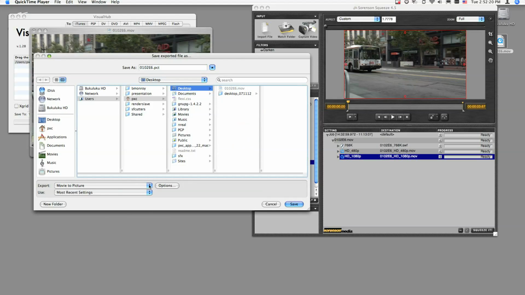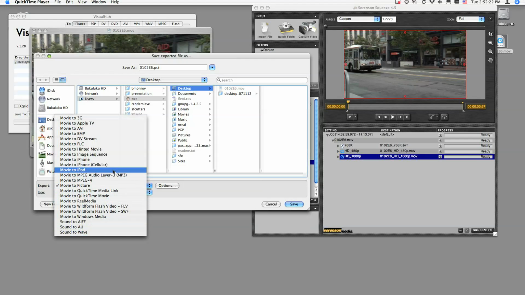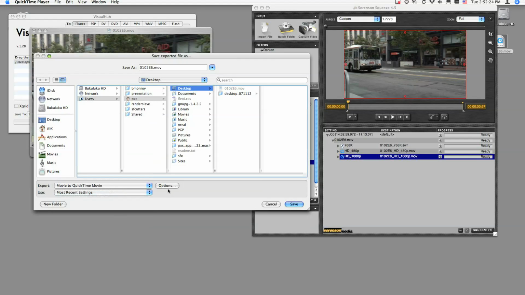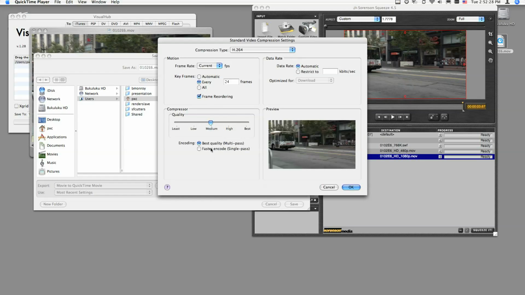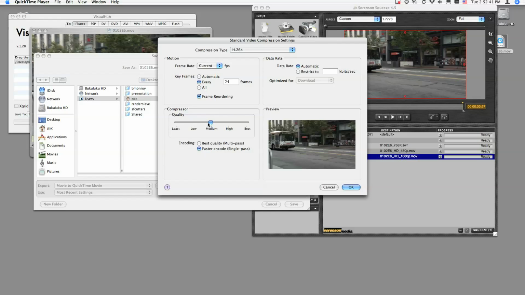Yeah. And so if we go in here and we look at this QuickTime movie here, a lot of what we're doing, having the best quality, which is what it's naturally set at, is going to take forever. Right. So if I'm doing production work, I almost go a faster encode. Interesting. It's not going to be as pretty, but it's not going to be that bad either. Right. Medium is, if we're doing it for the web, I'll usually set it somewhere near high. Mm-hmm. If you set below medium, literally going right below medium,